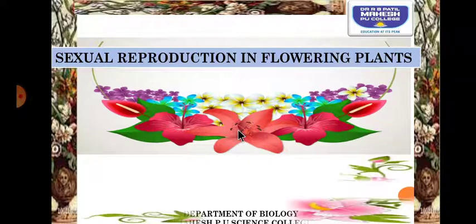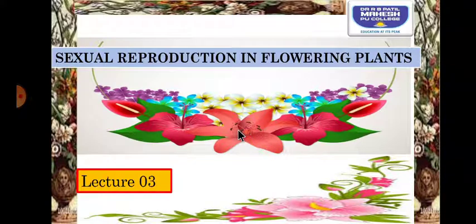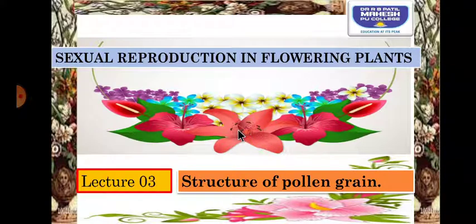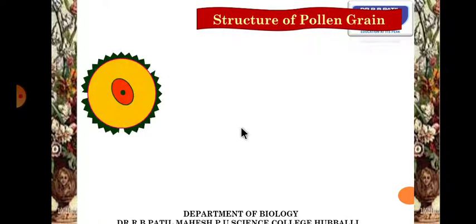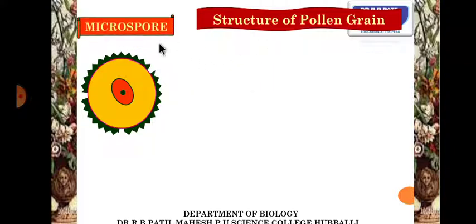Students, in the previous video we discussed androecium, whereas today in this video we will discuss the structure of pollen grain. Pollen grain is said to be a male gametophyte. It is spherical, oval, ellipsoidal and triangular in shape and measures about 25 to 50 micrometer in diameter. We are going to discuss the structure of the pollen grain most common in angiosperms, which is spherical or oval in shape. So, structure of the pollen grain.